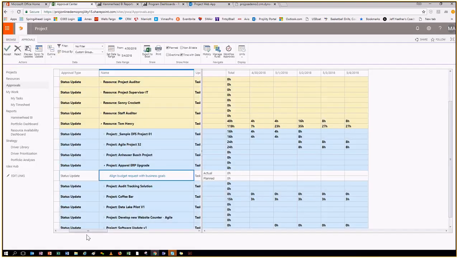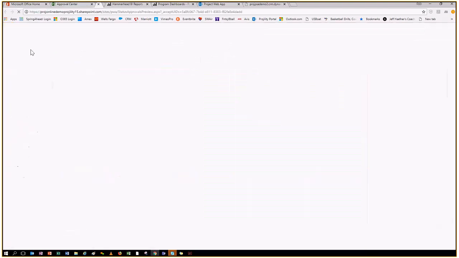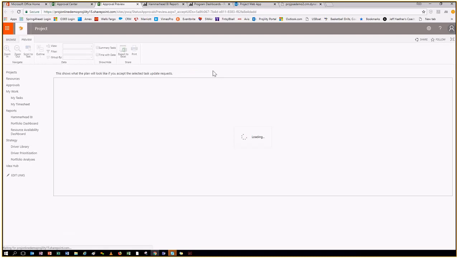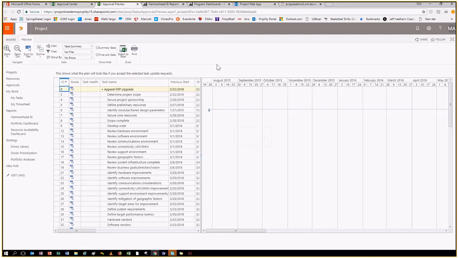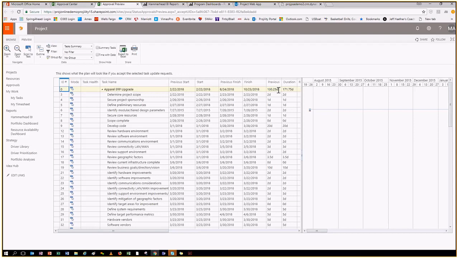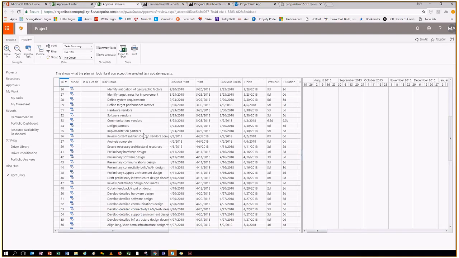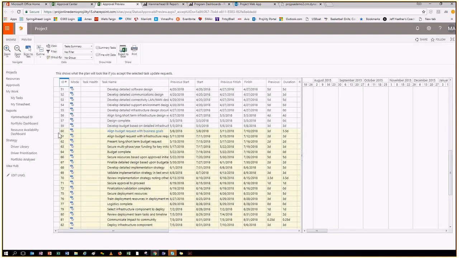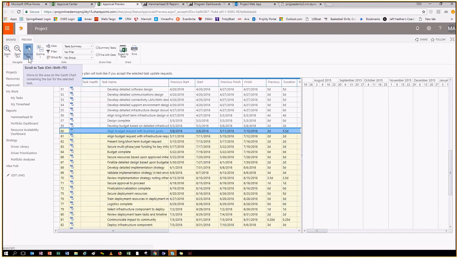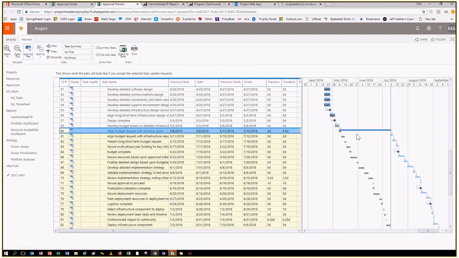And as a project manager, this is again like gold, where I can take a look and understand the impact on that specific activity, on the project as a whole, and then I can drill down and start to look at, well, if I accept that change, then what's the impact on my overall schedule? Now let me do some analysis here. I'm just going to scroll to my task,